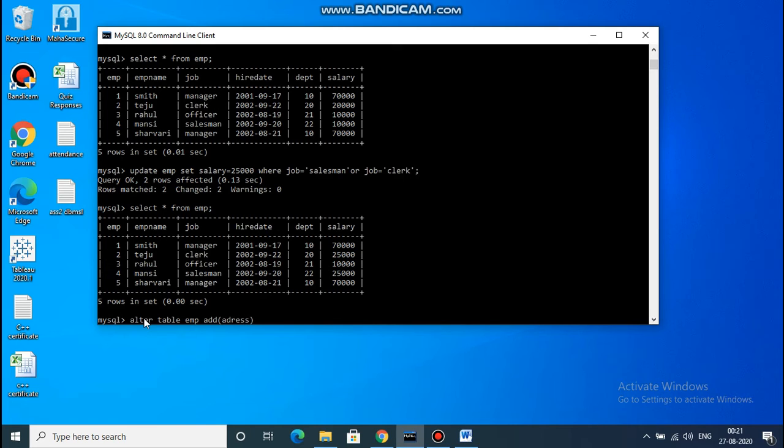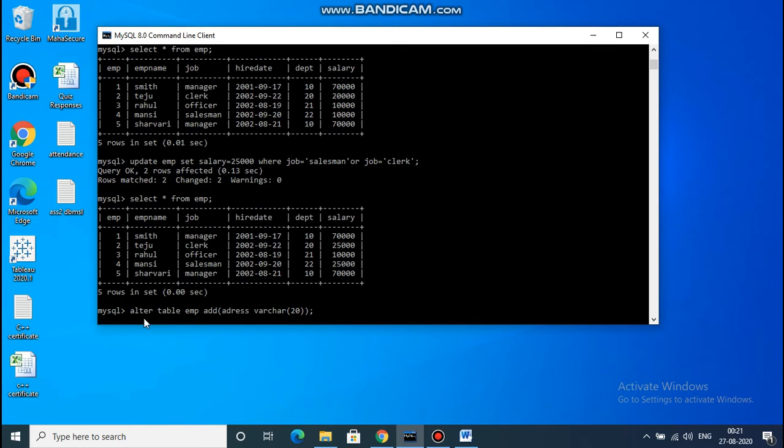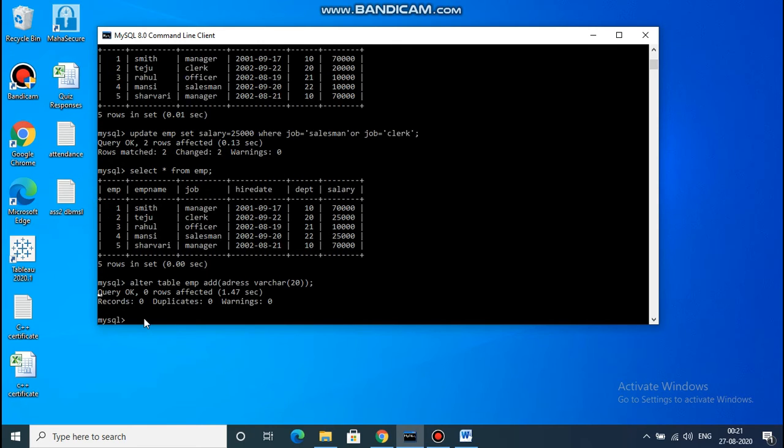This is the column name we have to add, or we can say field name, varchar. This is the type of the data, and we have to provide the size also. I have given 20 over here, then semicolon. So you can see the query is successfully executed.